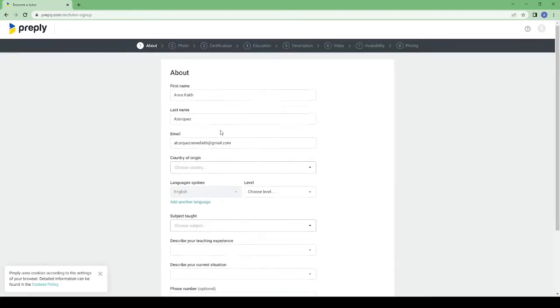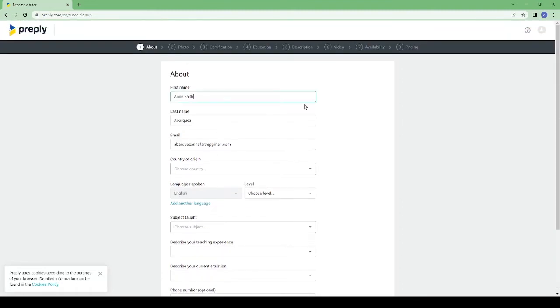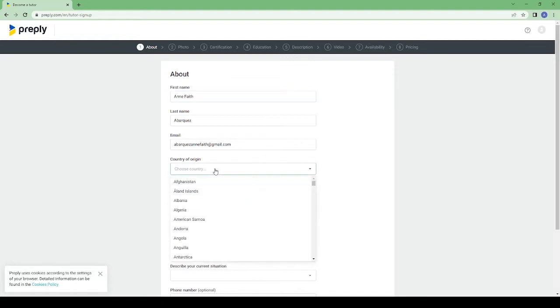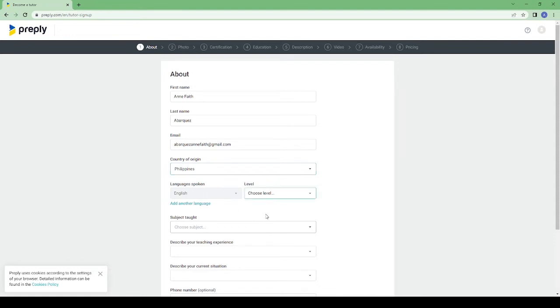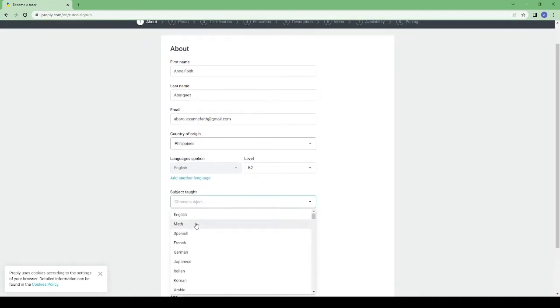Of course, we're going to fill in the blanks. So first name, last name, your email, your country. For example, Philippines. Or you can type it. Philippines. And then your language spoken. Your level. I'm level B2, for example. So the language or the subject taught is